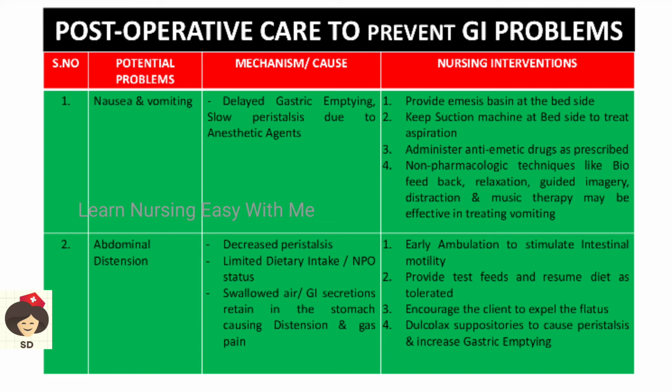And abdominal distension, this is also because of lack of food intake and also decreased peristalsis. There will be excess air filled in the stomach. This can cause distension. So when you start ambulating the patient, also start with test feeds. Okay, test feeds is small sips of water we have to give and see whether the bowel sounds are coming, and if the bowel sounds are there, then you have to resume with diet, so that patient's distension will be coming down. And if patient is having flatus, then you have to tell them to pass the gas, so that he will feel free, and a suppository can be given in order to increase the peristalsis and also cause gastric emptying.